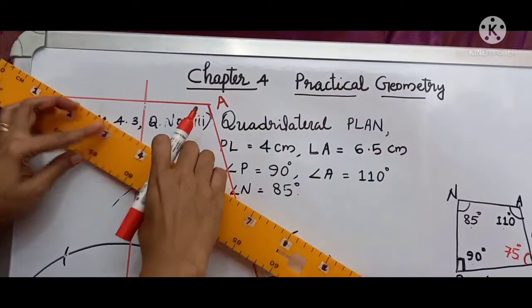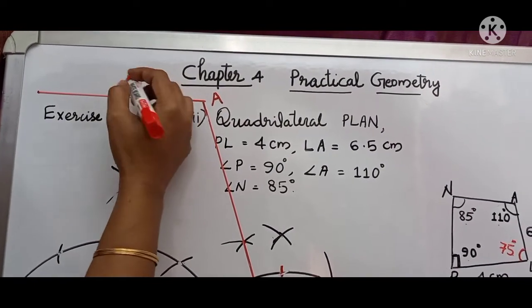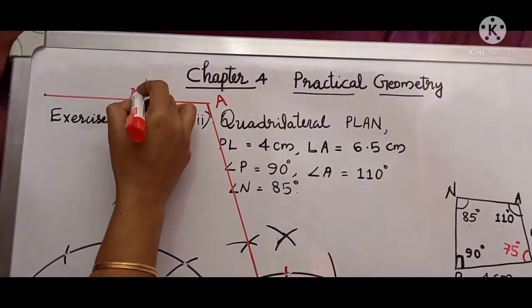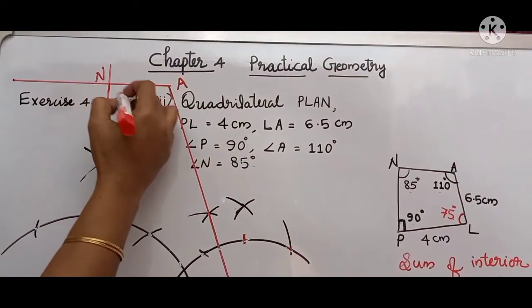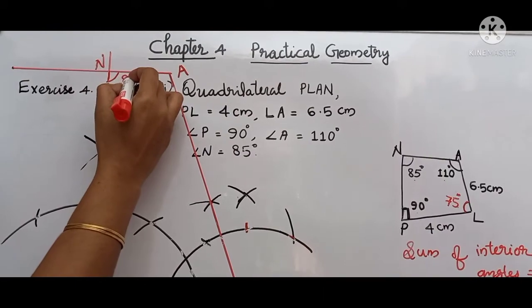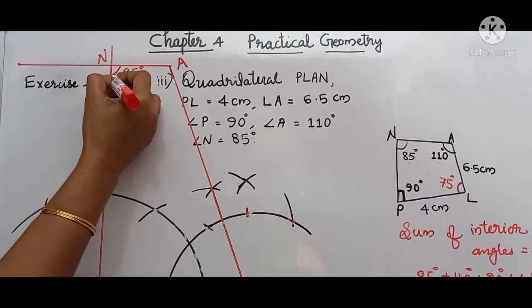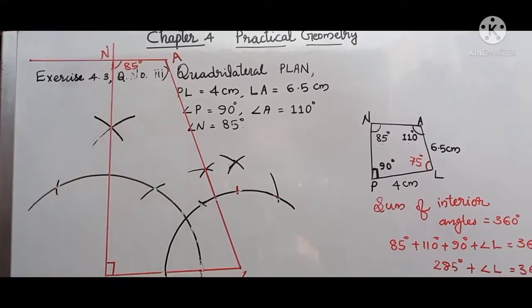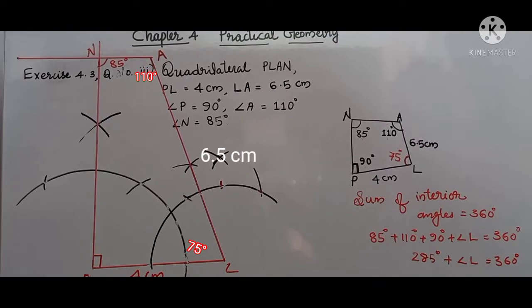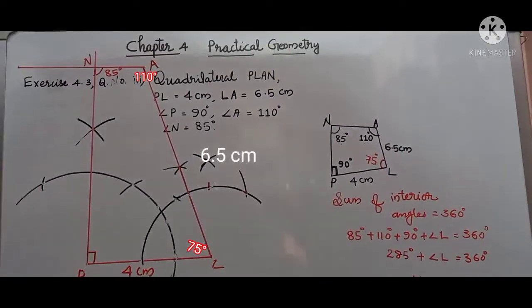And now we have got the point of intersection of these two, that is the point N. Definitely this N is 85 degree. No need to measure, we will get 85 degree only, and it looks like a little variation, only 5 degree variation from 90 degree. This is 85 degree and our quadrilateral PLAN is completed now.